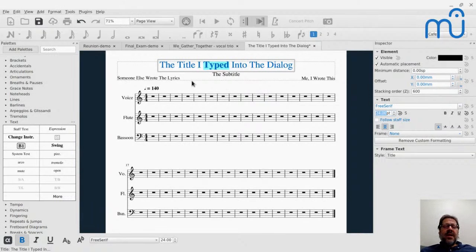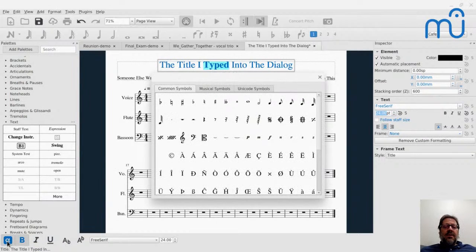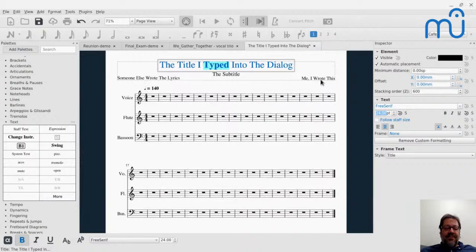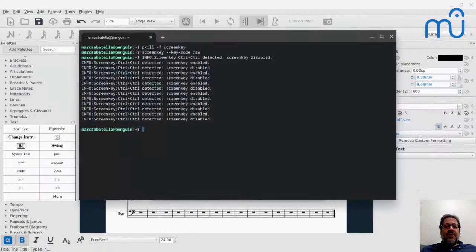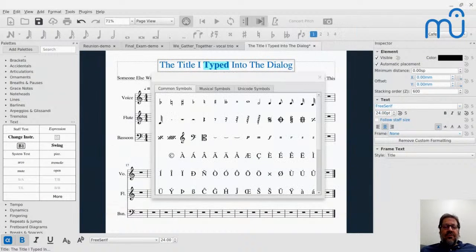Anyhow, I was going at this button here. This button is what allows you to insert special characters into your text. By special characters, I mean things like all of these musical symbols here. And there's a shortcut for that. It's F2. And as I mentioned, my little doohickey that tries to record keystrokes turns itself off periodically, and that's just sort of a drag.